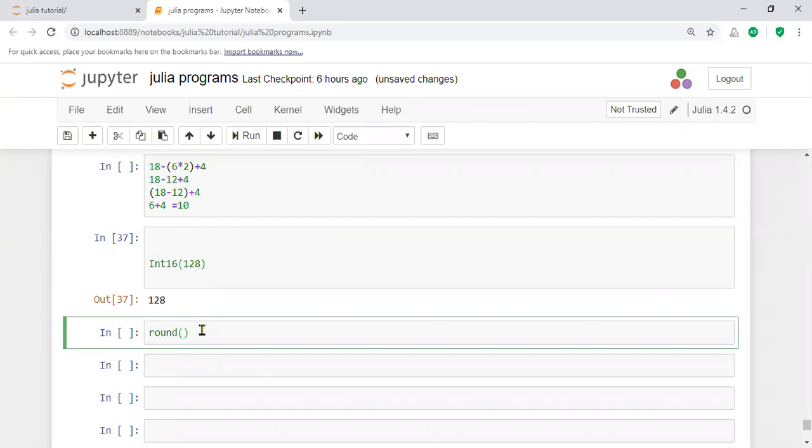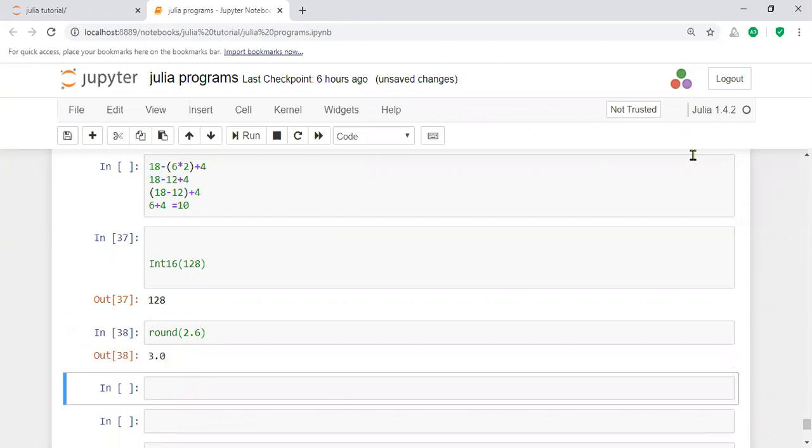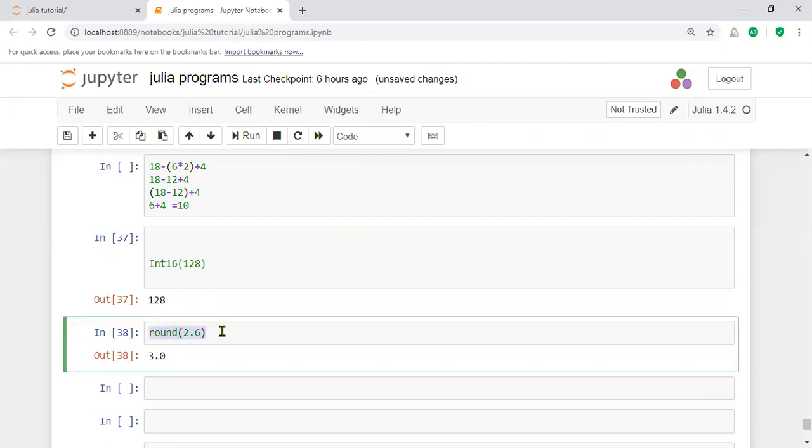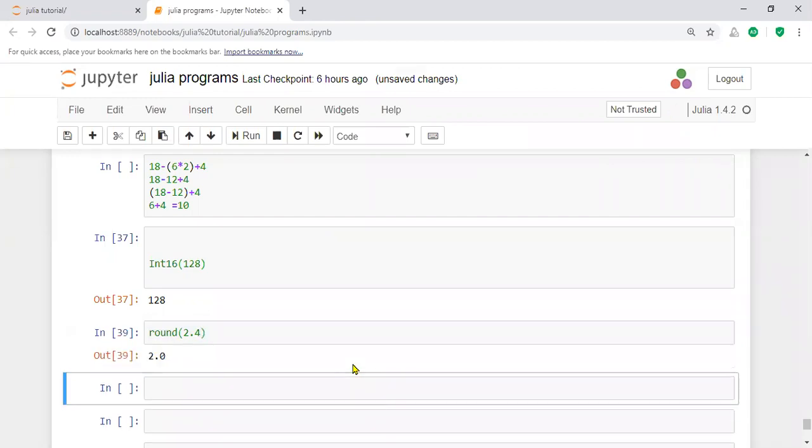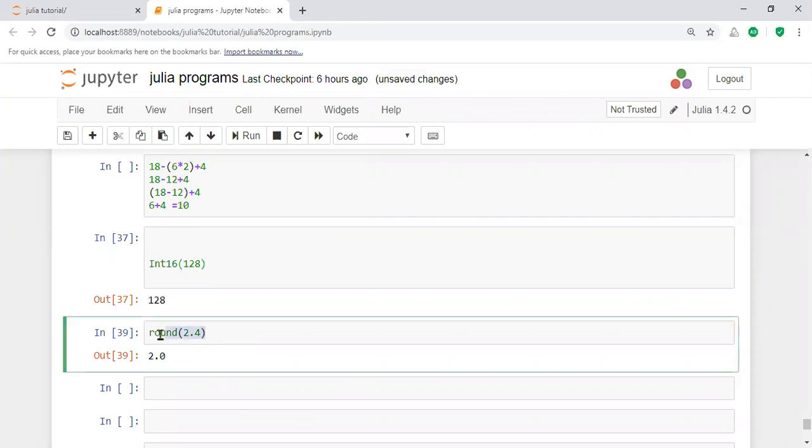Round of, for example, 2.6. What is the result for 2.6 here? That gives a value of 3. For example, I am taking the same round function for the value 2.4. What is the result here? Let us take it separately for simple understanding.